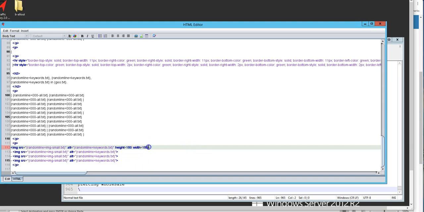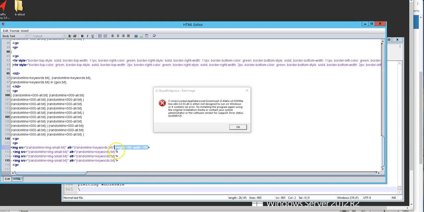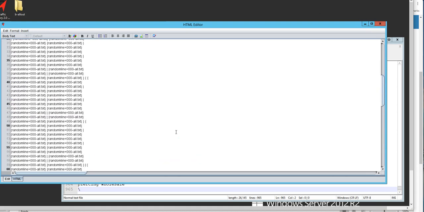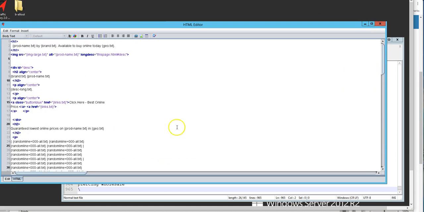Because really all we want to do is get some additional images in there. And oh man, okay, I got the copy and paste done. So anyway, there we got it. That's our